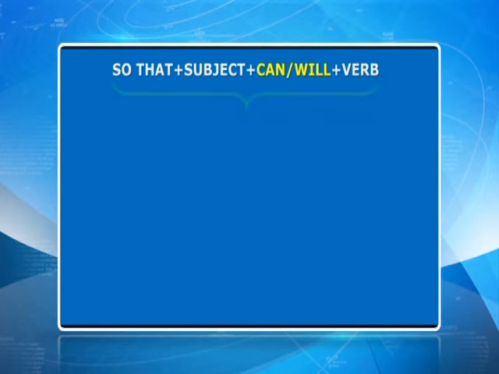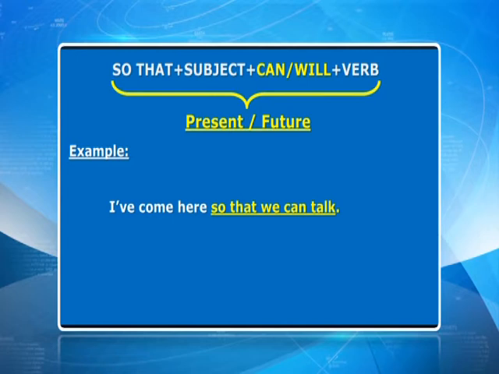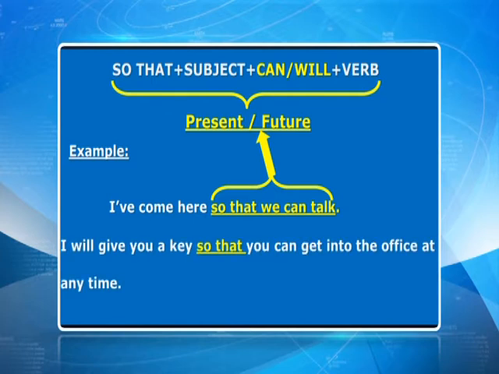And this is when we talk about a sentence that is in the present or future time. For example, I've come here so that we can talk. We can talk now, we can talk later. That's my purpose, why I am here. All right? So that is a purpose which is in the present or future. Here is another example. I will give you a key so that you can get into the office at any